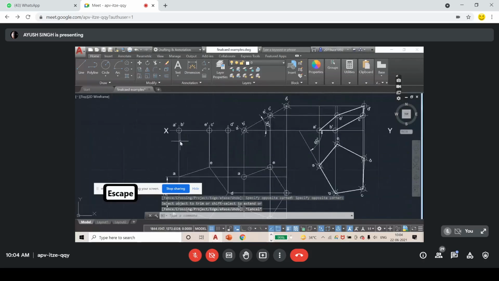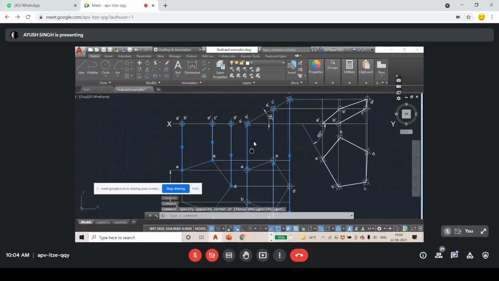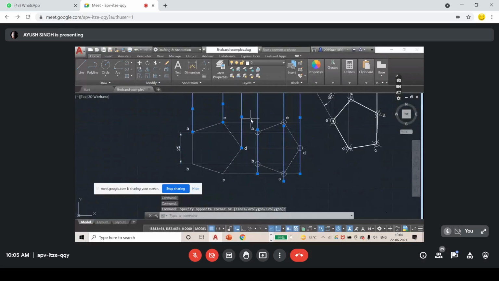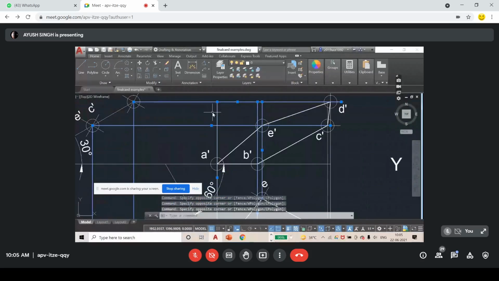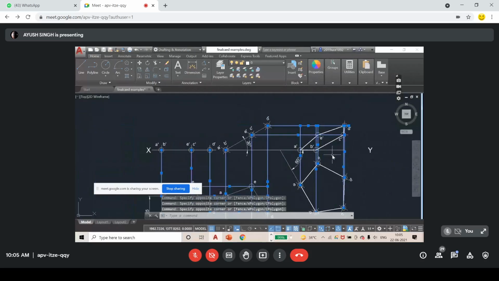Now all these projection lines, whatever I have taken, I am going to turn these into some other line type. Okay, so that they are differentiable. I am just selecting these projection lines only.